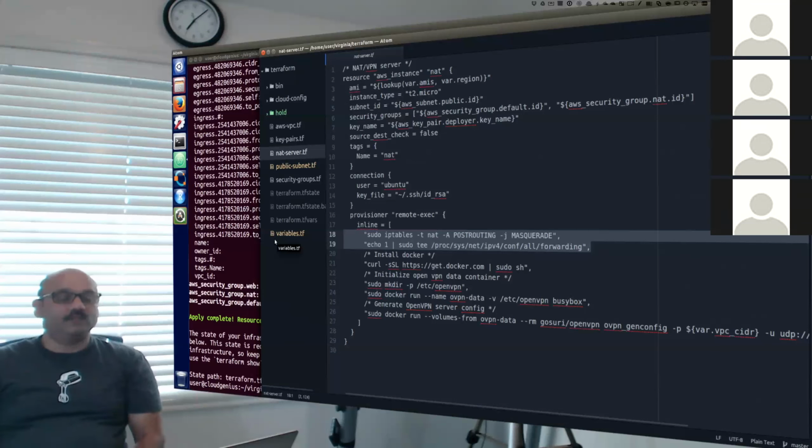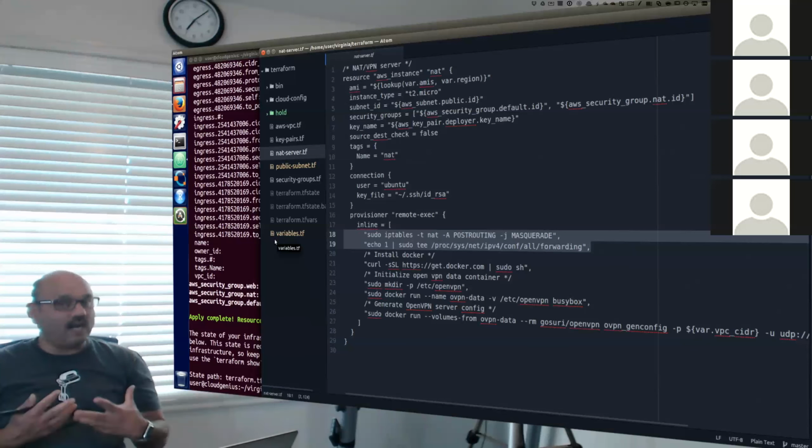And these two lines make that Ubuntu box into a router. Nice. So we got a NAT device there, and this execution will happen on a remote machine in the Ubuntu box after it gets provisioned. So you have a machine that gets started, and this provisioner will go remote execute these two lines, 18 and 19, on the target machine, making it a NAT.